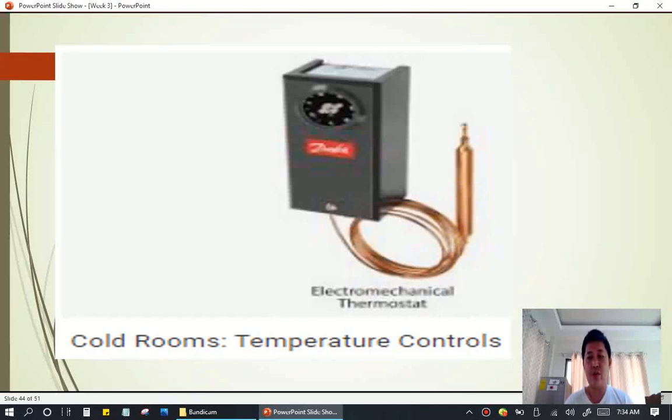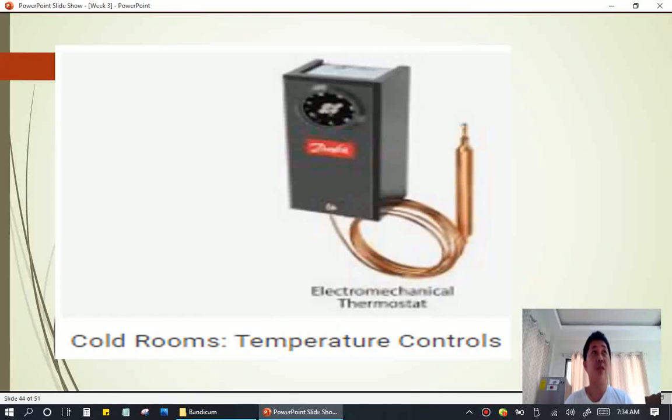What is inside here is the fluid, probably glycerin fluid inside, and